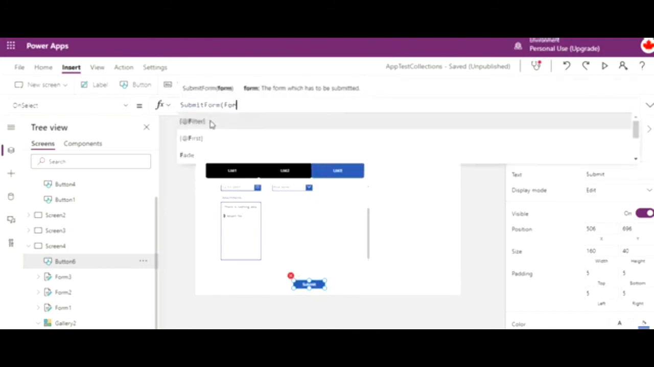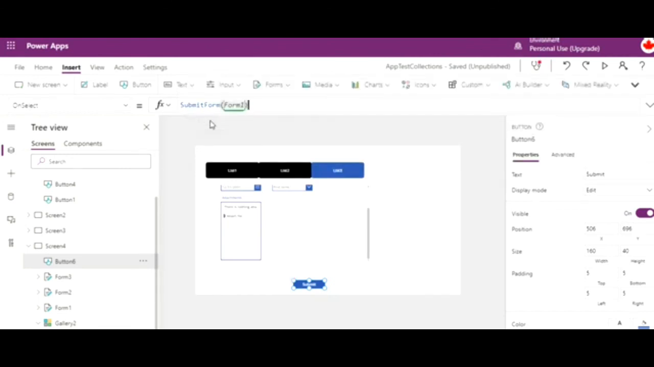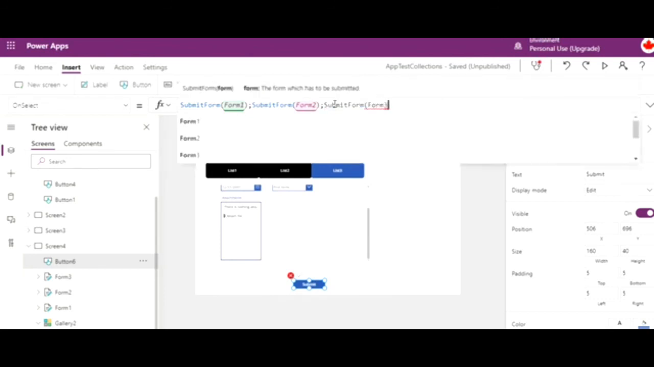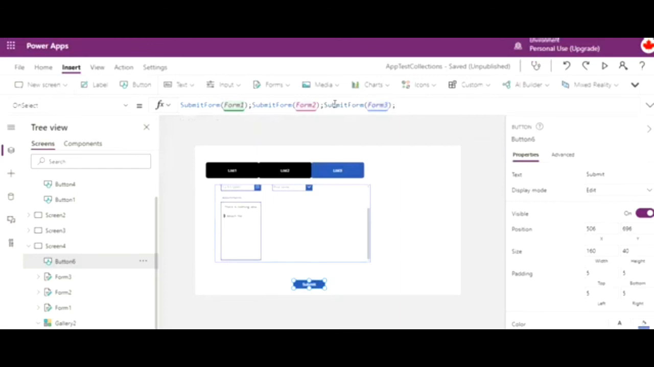I'm going to submit form 1. Again I'm going to submit form 2. Again I'm going to submit form 3. But not only that, what I want is that after these three are submitted, new forms open, so that if you want to run once more you can do it. So what I want is new form